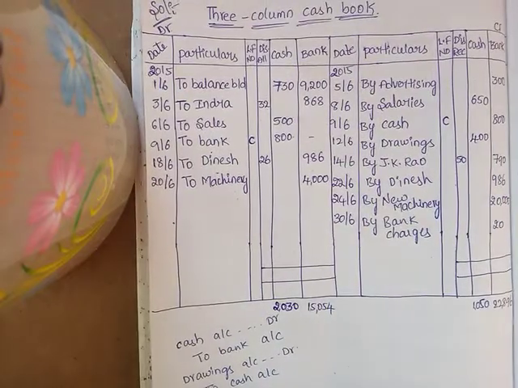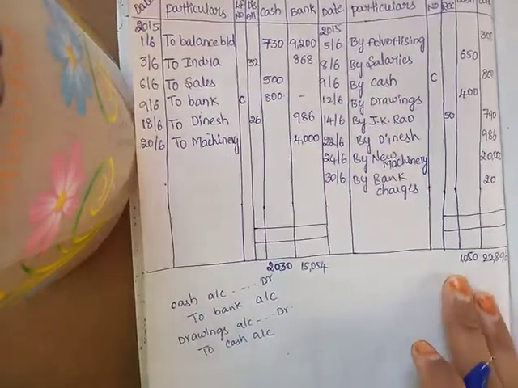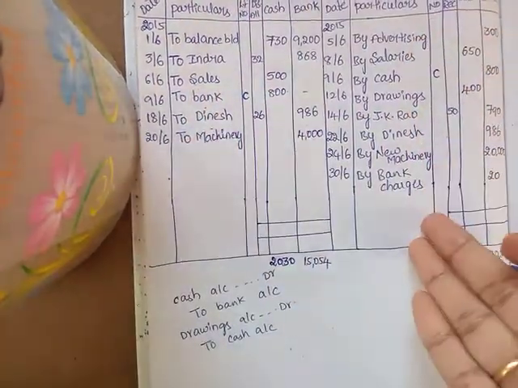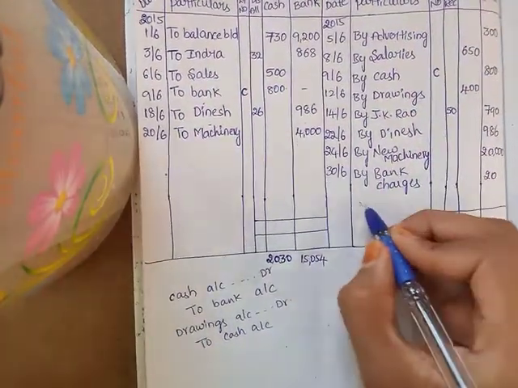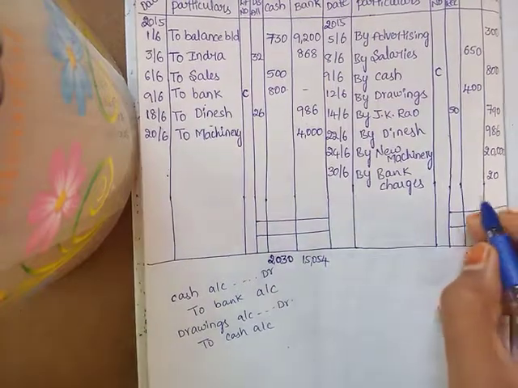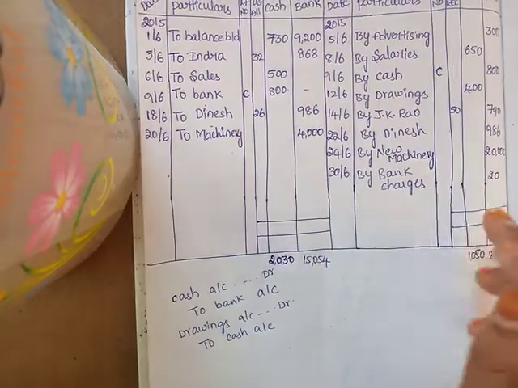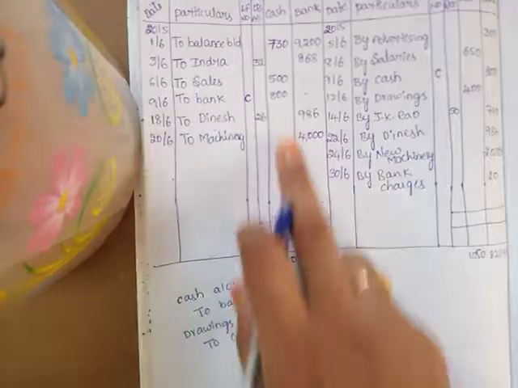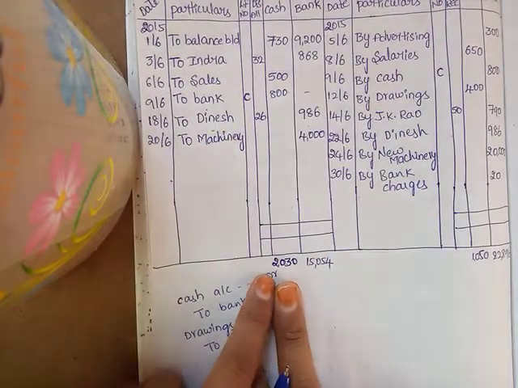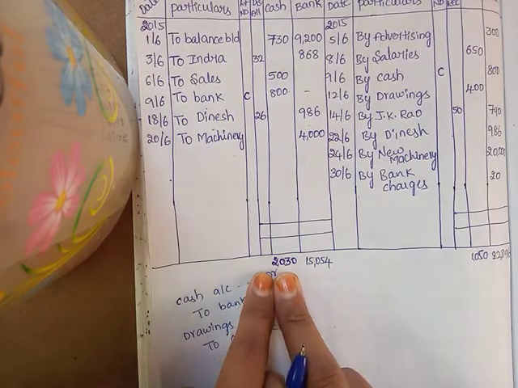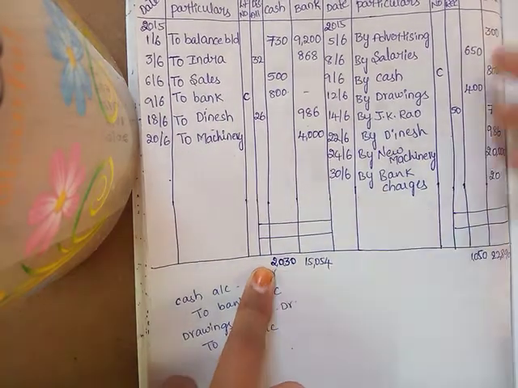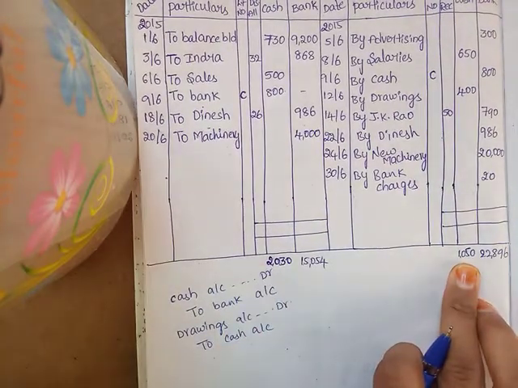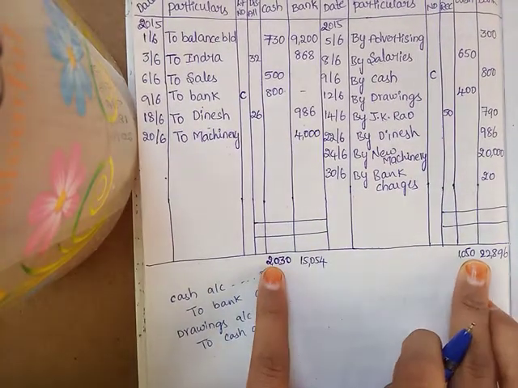Now if we find the balances carried down, so how to get the balance carried down? Suppose debit side is more, credit side is less. So to cover that amount, we write by balance carried down. How much balance we need to equal that amount, we'll write here. Suppose see the cash column. So debit side total of cash column is how much? Rupees 2030. And credit column of cash book is how much? Cash column is 1050. So here debit is more, credit is less now.